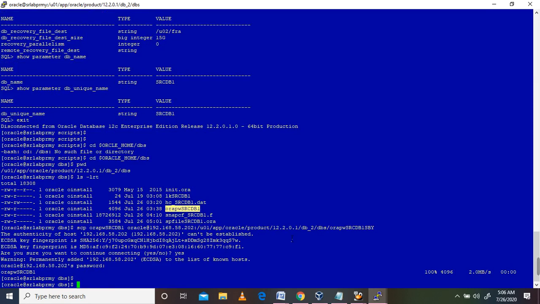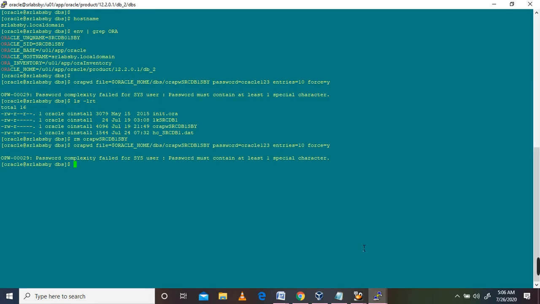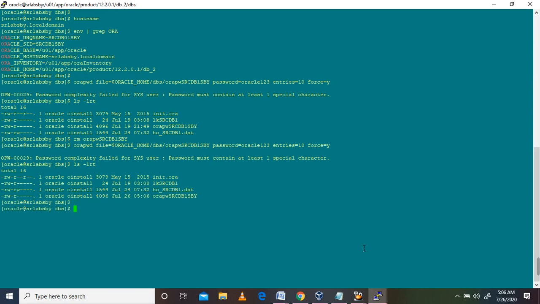So the password file has been SCP'd to the target server. So we don't have any issues with the password file. The newly created password file is there.